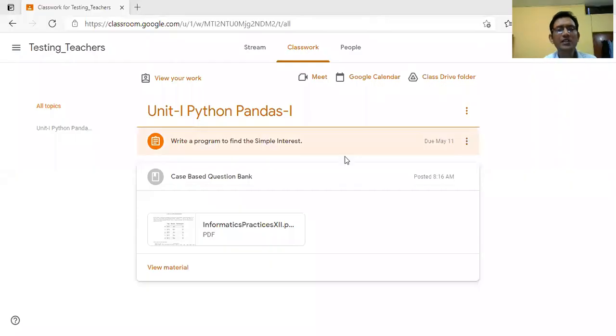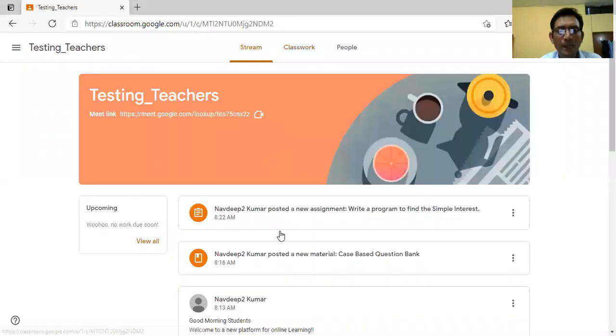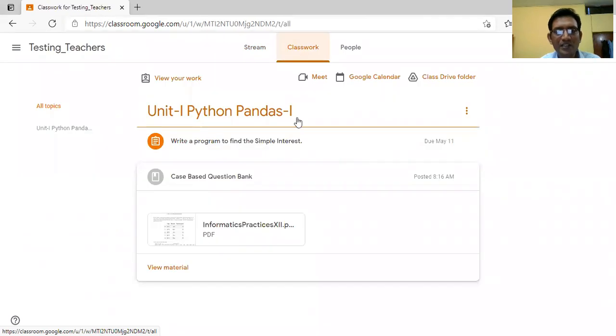So now I am back on the student screen. So I will first have a look at the screen. You can see that whatever assignment I have assigned to my students is there on the stream also. A message is displayed that a new assignment is there, and write a program, that is the assignment that you have for the students. And when the students click on this classroom tab,